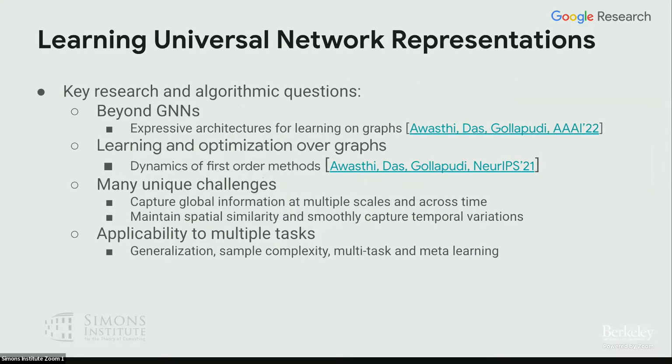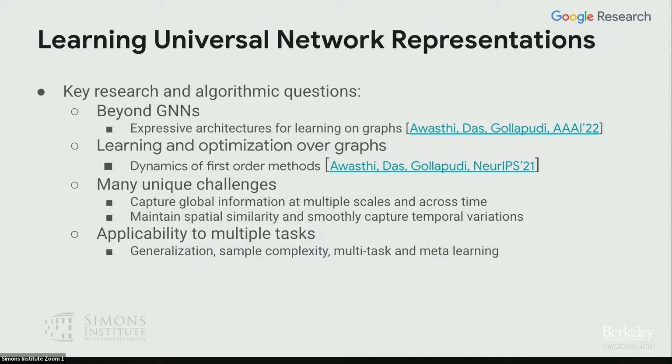So here again, we are looking at different deep learning architectures to see how we can answer these questions. And like I said, one of the important things is capturing this information in multiple scales and across time. So there's spatial and temporal changes. And also you would like these embeddings to make sense. So they should have some nice properties, that if they are close together or they're representing the same space that is close together, then they should be similar. Or if there's some kind of Lipschitzness, if you will, of change in time and space. So we should be able to satisfy these properties as well, right?